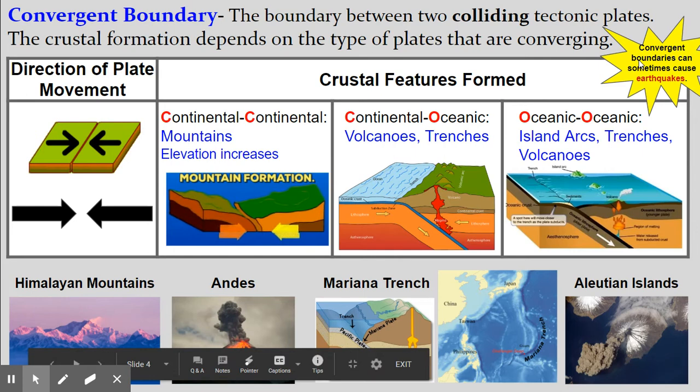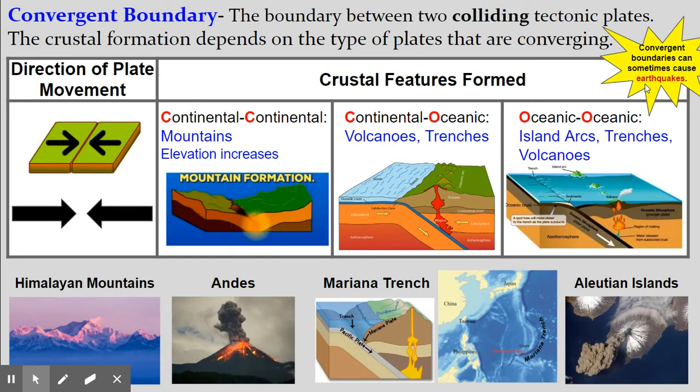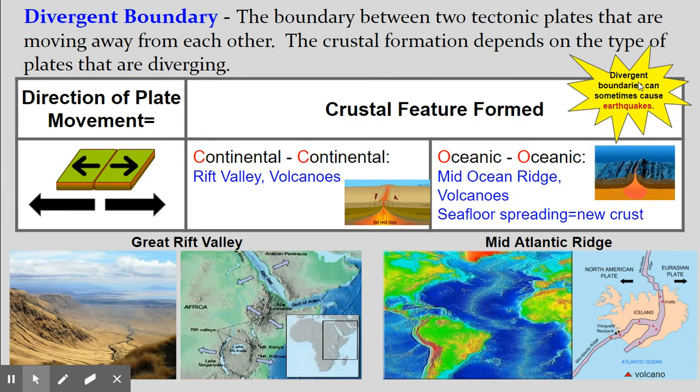Now, at all boundaries, earthquakes are happening. That's going to happen because you have motion there, movement. Earthquakes are not a crustal formation, but more of an occurrence that's going to happen at all of these plate boundaries. And then lastly, divergent